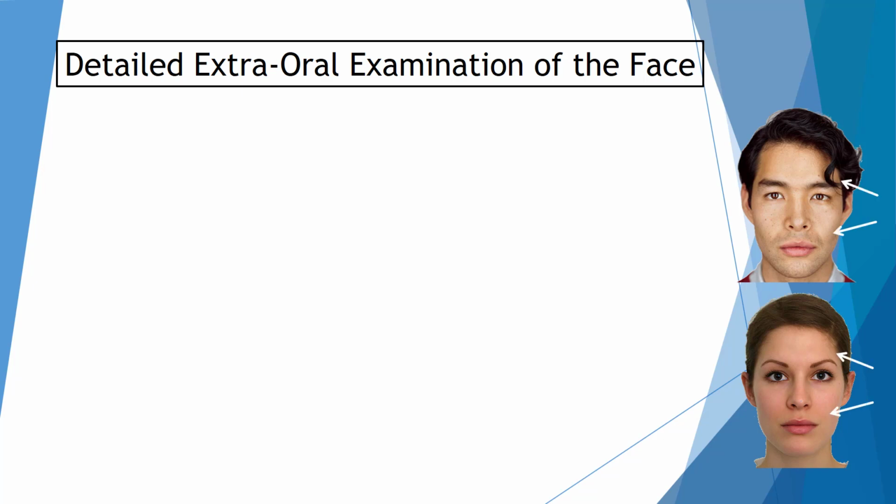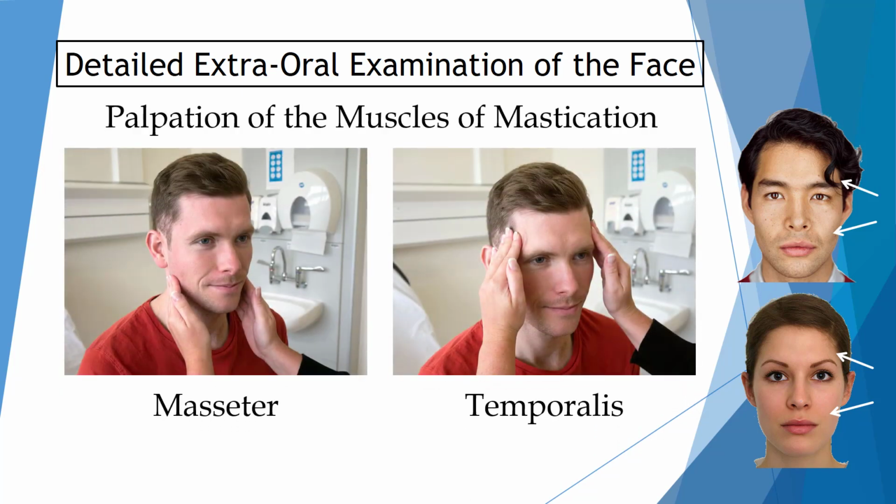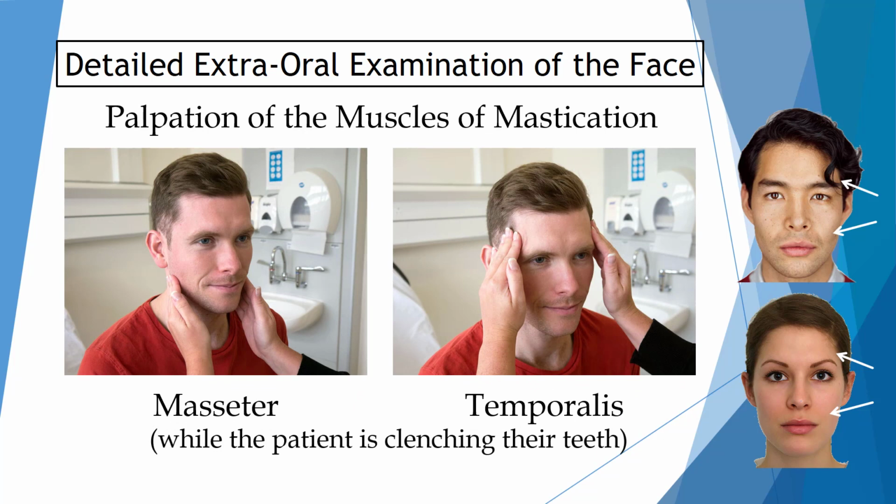The fourth relevant area is the muscles of mastication, and the two muscle pairs that can be examined extraorally are the masseter and the temporalis muscles. The other two pairs are to be covered during the intraoral examination. Now, any asymmetry should have already been noted during the general facial inspection, which could be related to masseter muscle hypertrophy as one of its potential causes. So at this point, palpation of these two muscle pairs needs to be performed while the patient is clenching their teeth to look for any tender spots while they are in contraction.